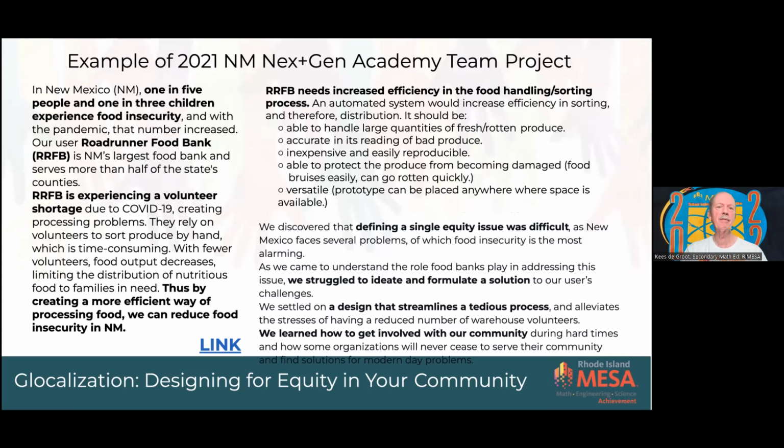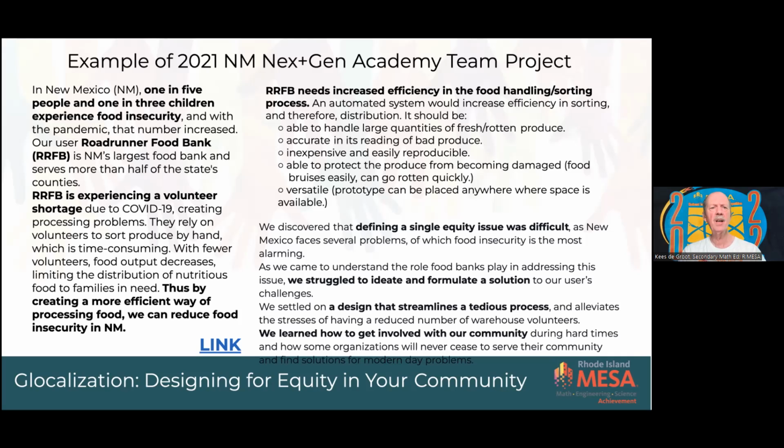Since we're only existing 1 year, we haven't had a competition yet where this is taking place. So I found from New Mexico last year, one of the teams, the Next Gen Academy team, a high school team from New Mexico. They actually did a project that would fit perfectly with the theme that we have set. So this is from their design brief. I took a couple of excerpts from that.